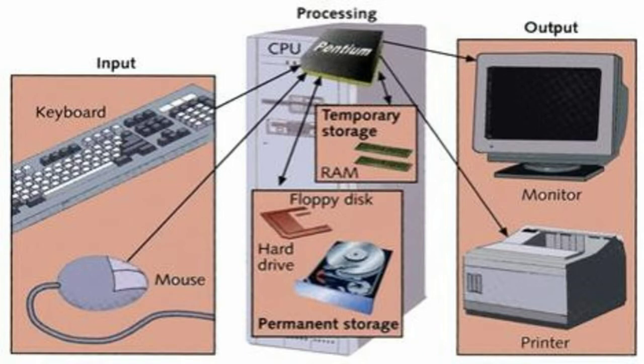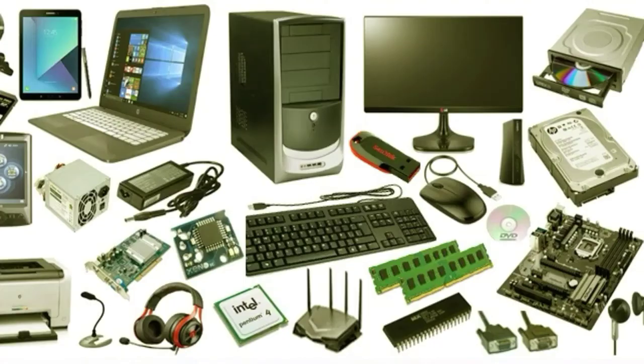Hardware. The physical parts of a computer are called hardware. You can see and touch all hardware parts. Hardware can be further classified as input device, processing device, and output device. Some hardware parts like keyboard, mouse, monitor, printer, speakers are visible outside the CPU box. Other hardware parts are present inside the CPU box like hard disk, CD drive, motherboard, etc.